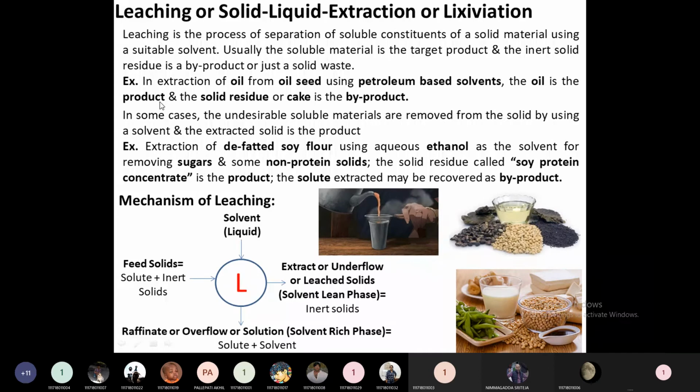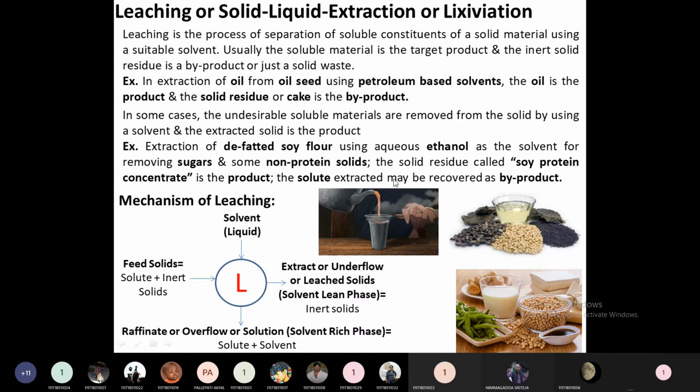Then what is leaching? As I just described, leaching is nothing but a process of separation of a soluble constituent of a solid material using a suitable solvent. That's a simple definition of leaching. Then what is a soluble constituent and what are insoluble constituents? We have to differentiate between them. Usually in the leaching operation, the soluble material which dissolves in the solvent is the target product.